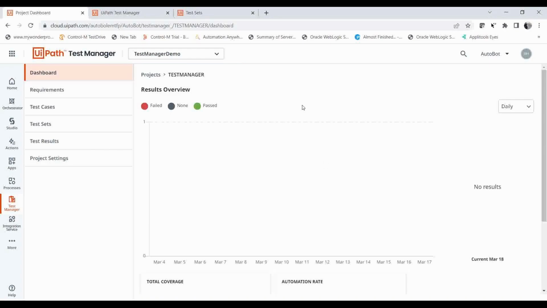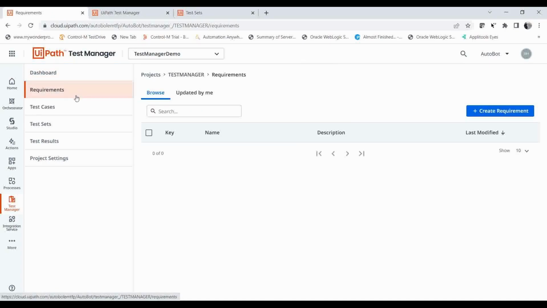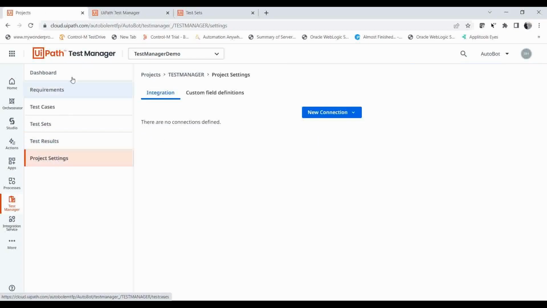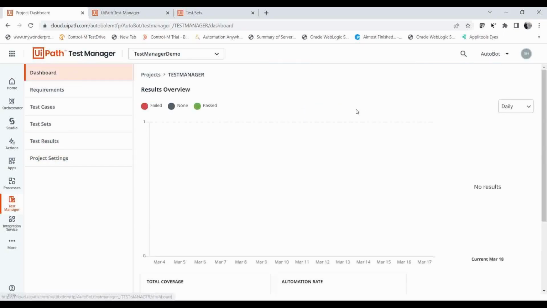Okay, so if you open up the project, you can see it is showing us one dashboard, and we have an entity called requirements. Then we have an entity called test case, then test set, and test result is there, and project settings is there, right? So this dashboard is nothing but just a web interface which will help you to get an overview of